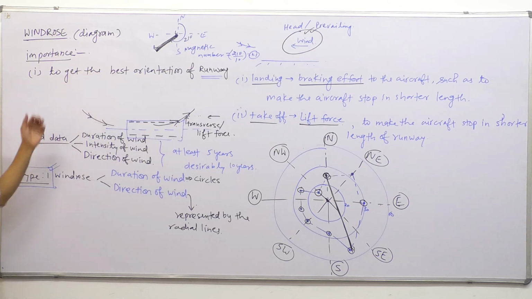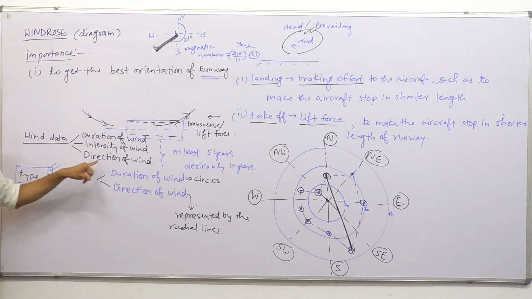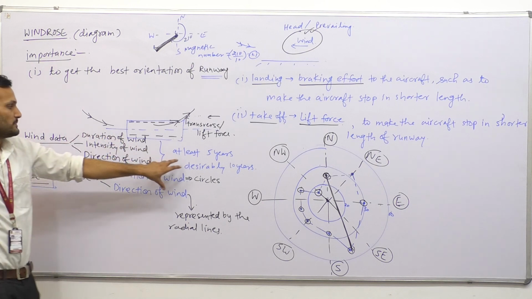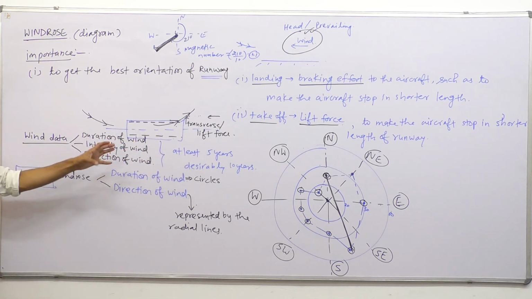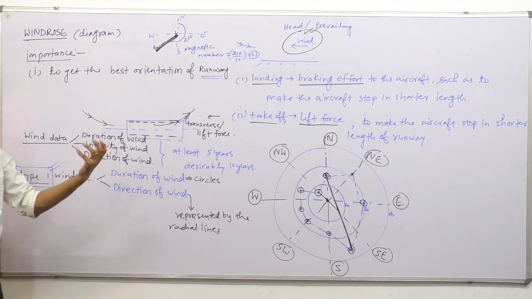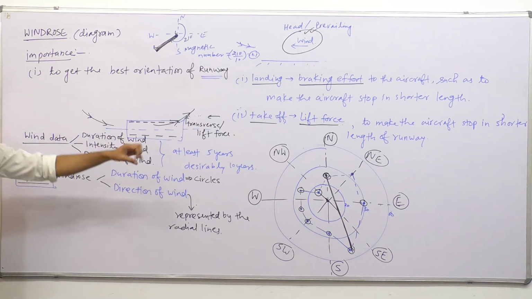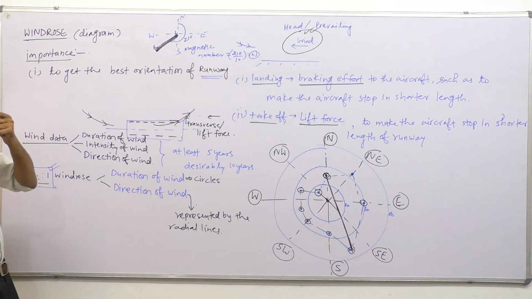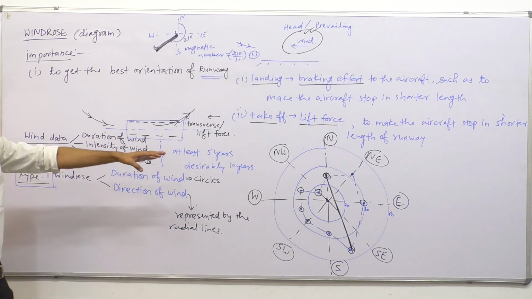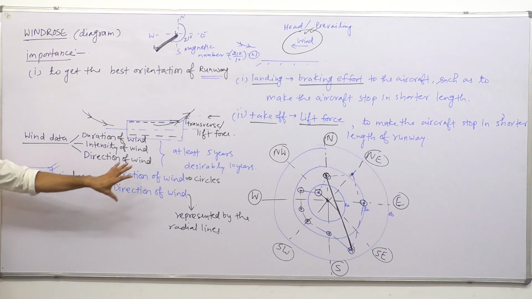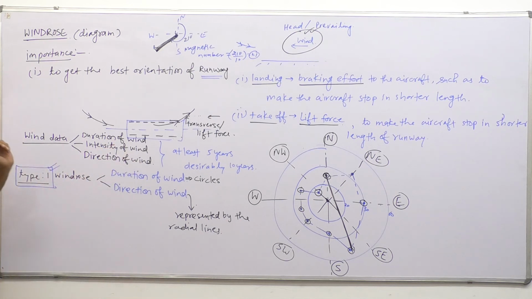And how do we get that orientation? We collect the wind data in three different parameters. The first parameter is the duration of the wind, the second one is the intensity of the wind, and the third one is the direction of the wind. With these three data collected for a span of at least 5 to 10 years, we need to represent them in a graphical form or bar charts, anything can be used. But for suitability and easier depiction, we use the magnetic number, the number provided over the runways. So that is all about this type 1 wind rose diagram, how we can get the proper orientation of the runway. I think this is clear to you, part 1. We will be discussing part 2 in a shorter span of time.